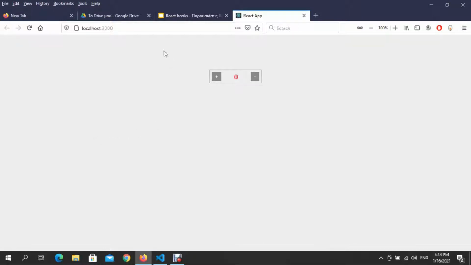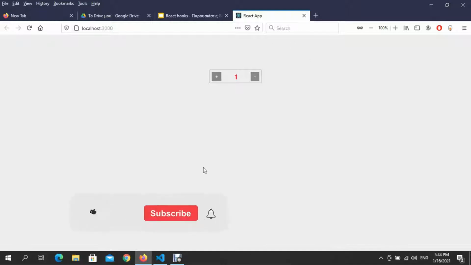Today we are gonna create this functionality, okay? We are gonna count. We are gonna push here the plus, and we change the state, right? Also we can put the minus, something like this. But before going and converting the class-based component to hooks functional components,